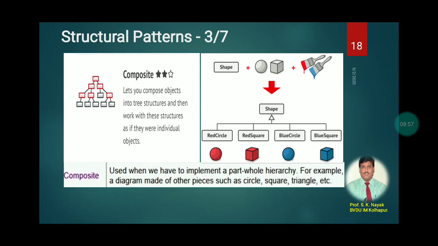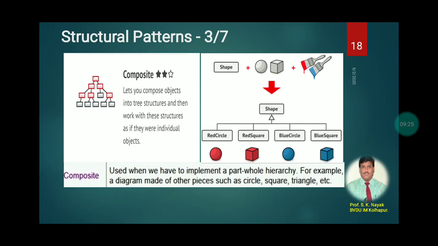Tree means root, left, right, like these structures, and then we work with these structures as if they were individual objects. So they will be treated as individual objects, but in a tree-like structure.